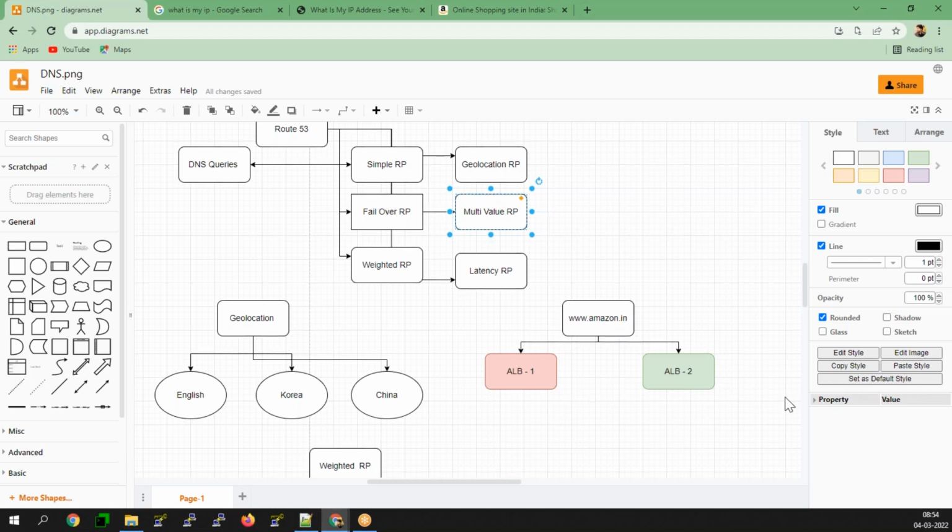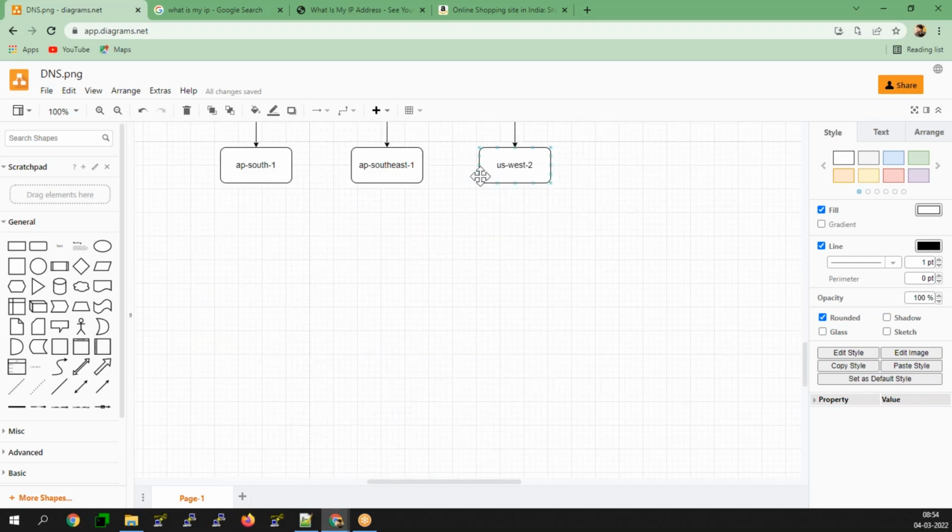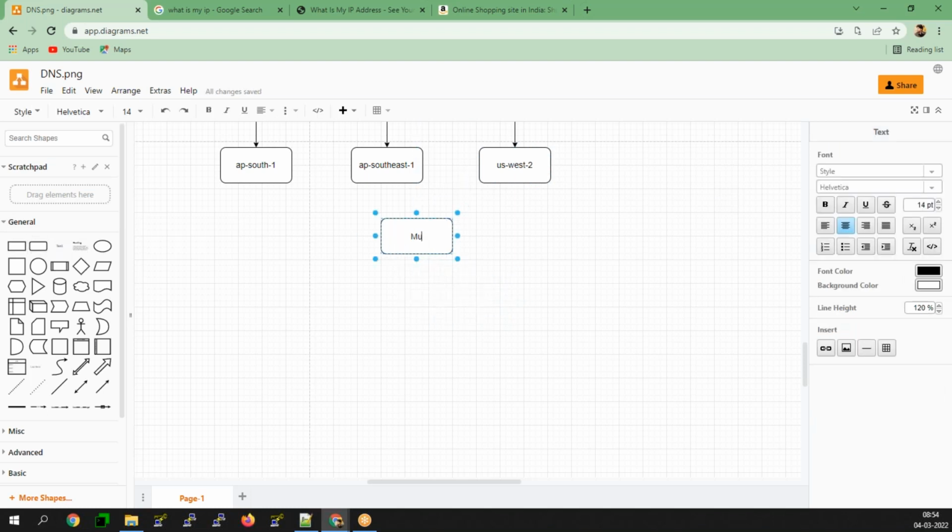Multi-value routing policy. You need to understand this. With one Aadhaar number, can I get multiple SIM cards?